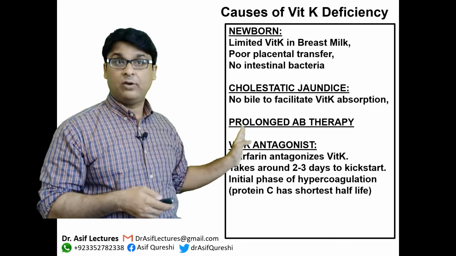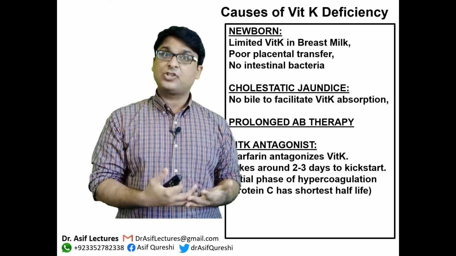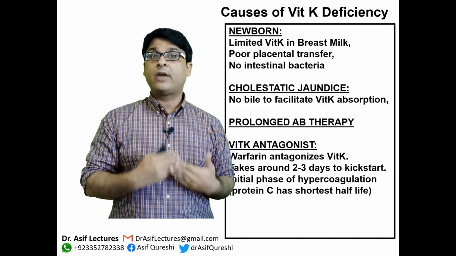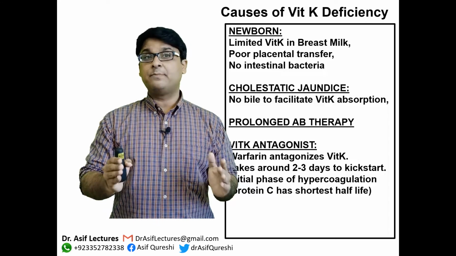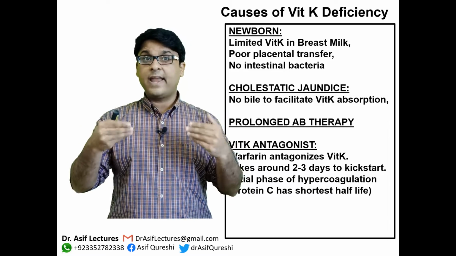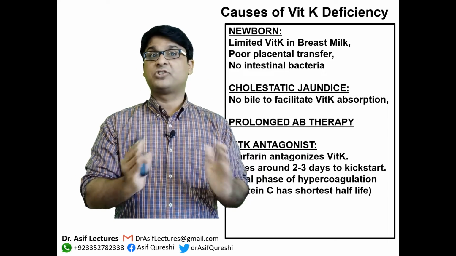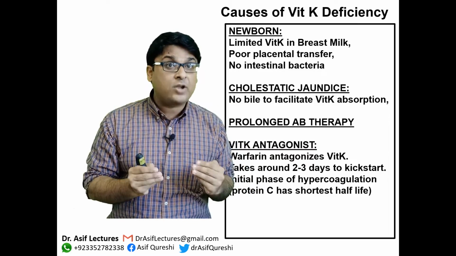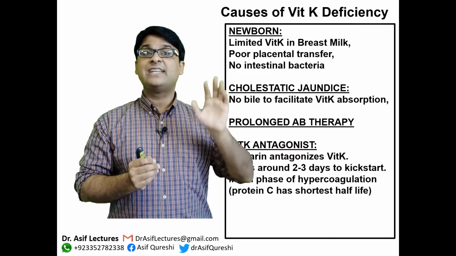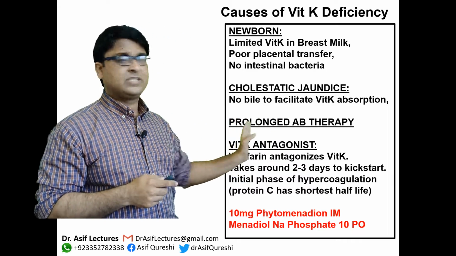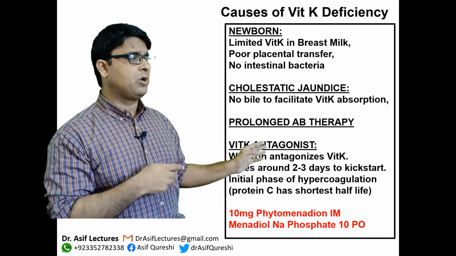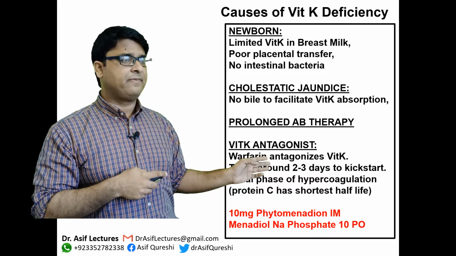And antagonist, warfarin. Warfarin antagonizes the action of vitamin K. And this is as simple as that, you have to remember. When you take warfarin, vitamin K functions are disturbed. So warfarin disturbs what clotting factors? 2, 7, 9, and 10, and protein C and protein S, okay? Remember that. And this is how you treat it: by intramuscular injection of vitamin K, also can be given